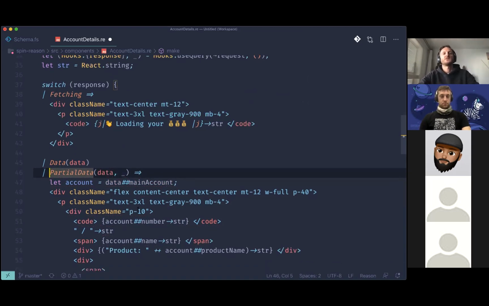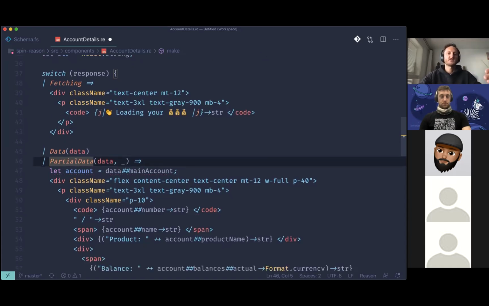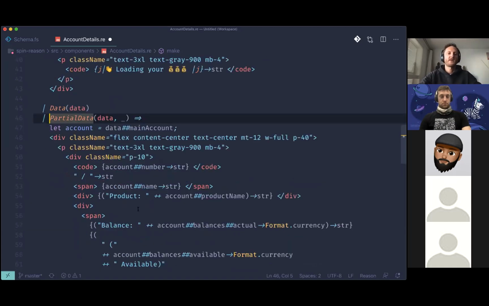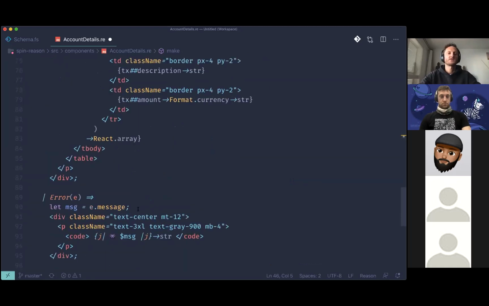So just like we handle a normal response, we also have a section at the bottom that handles an error. Like if the backend returns an error or an empty response,